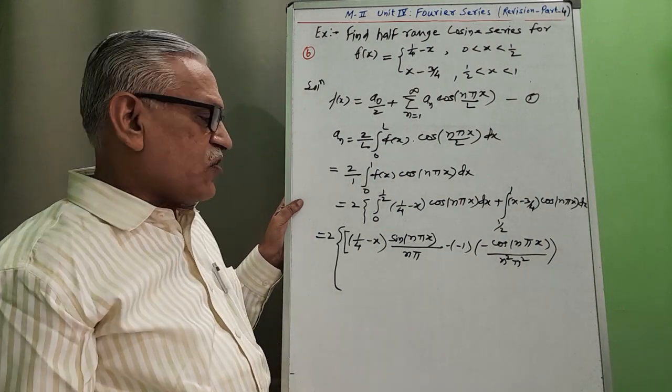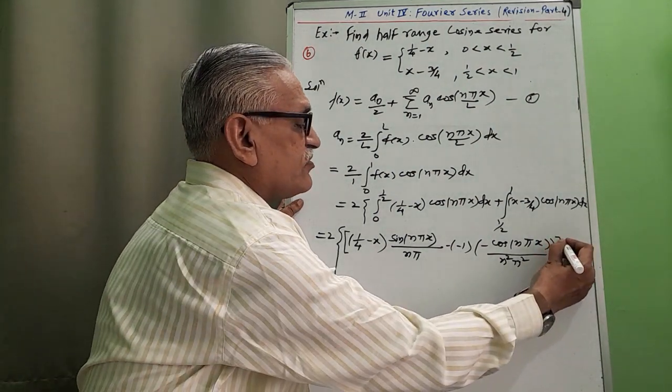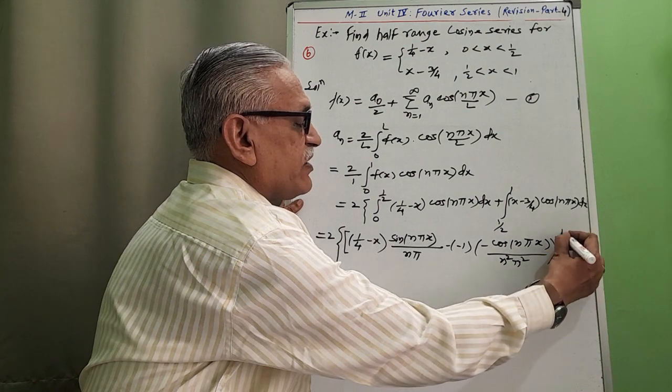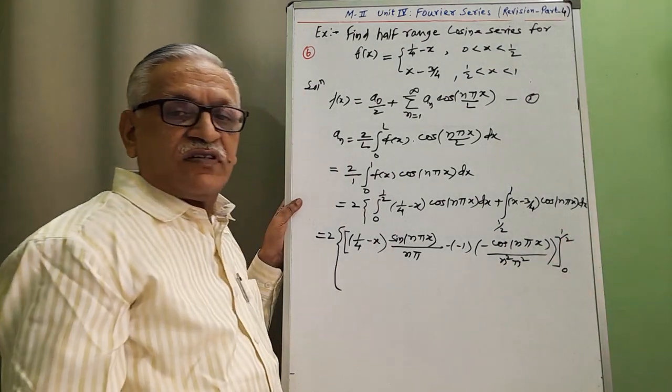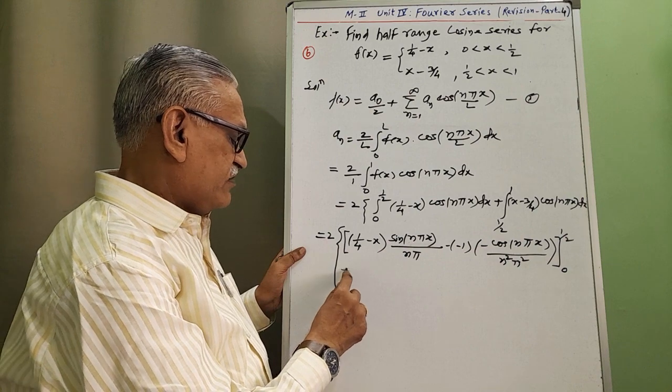Next derivative is 0, we stop here, and the limits are from 0 to 1 by 2. Then plus